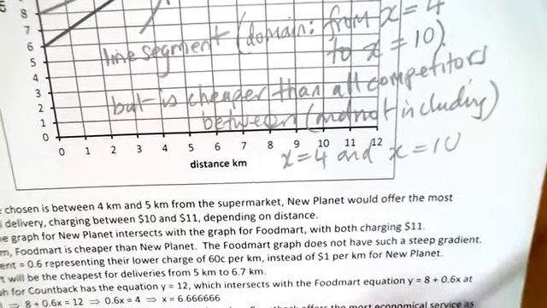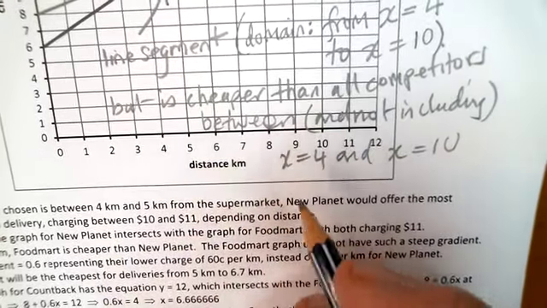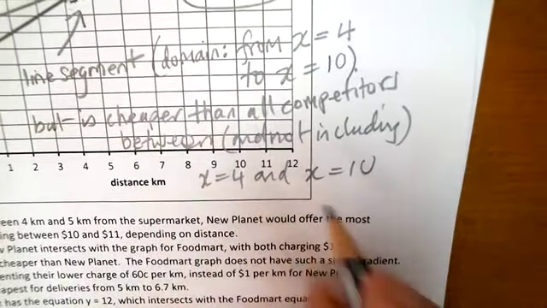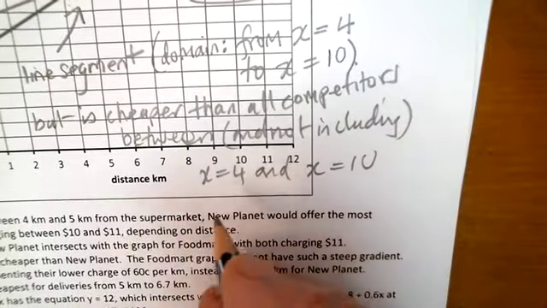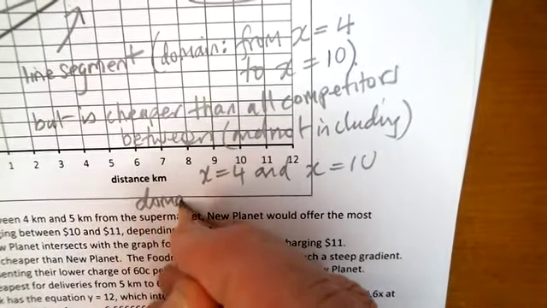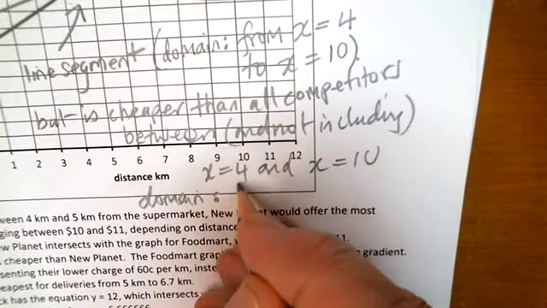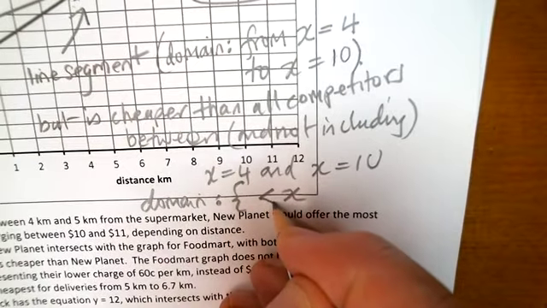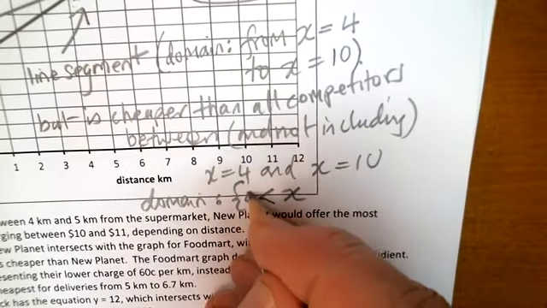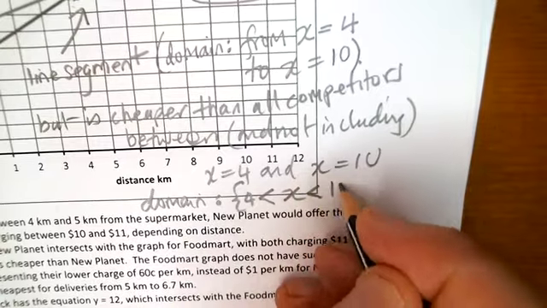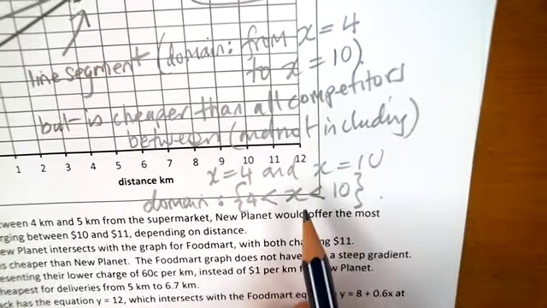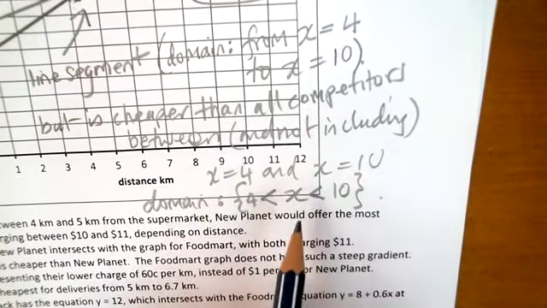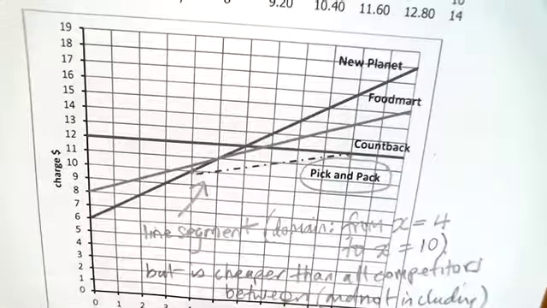The professional way that they would like you to say it, because we haven't, again, really discussed it, is expressing it as an inequality. Now, this is a little bit more involved, but I want to show you, it's very, very simple. What we do is we say the domain such that, I put it in curly brackets, x is going to be greater than 4 and less than 10. Now, you could have less than or equals. I don't think they'd penalise you if you said less than or equals,